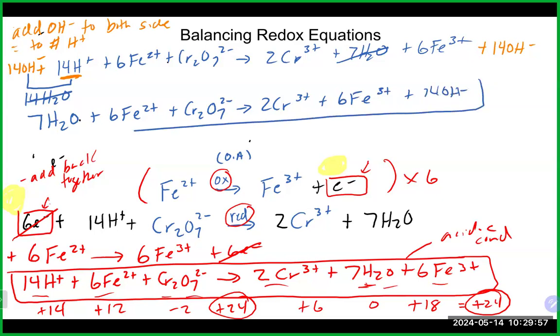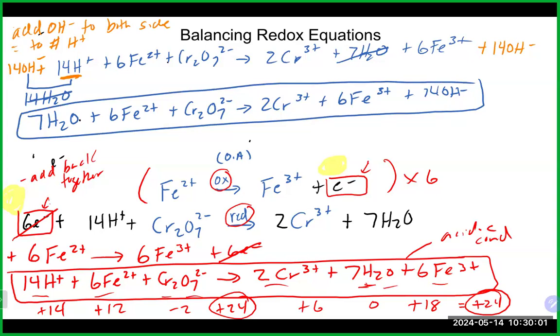And now if I again did this correctly without screwing anything up, I should still be balanced the same two ways. I have 14 hydrogens, 7 oxygens there, and 7 more make 14, along with 14 oxygens there, 6 irons on both sides, 2 Crs on both